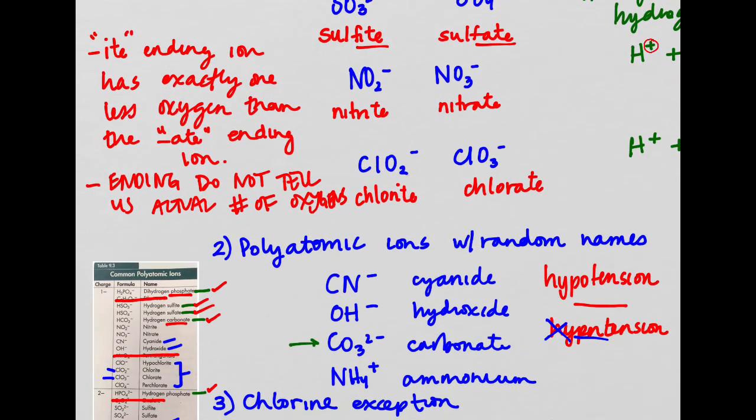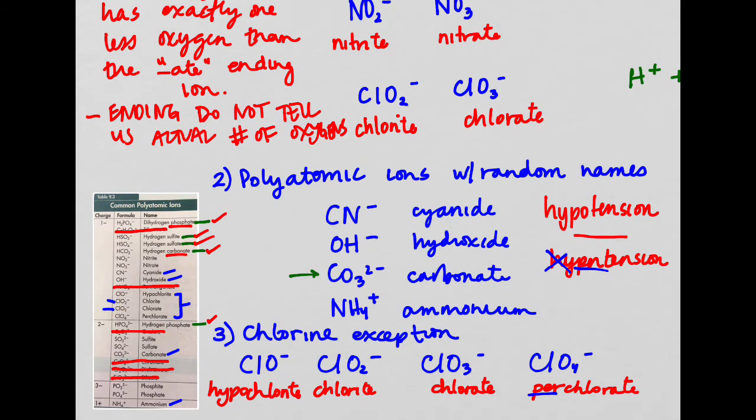Okay, so that, and then we had these four. How many are there here? 3, 4. We have 4 that have the random names that don't follow the ite and ate rules. And then we have the chlorine exception, which is that foursome here of chlorine-related polyatomic ions. Okay, so that's what we've gone over so far in 9.1,